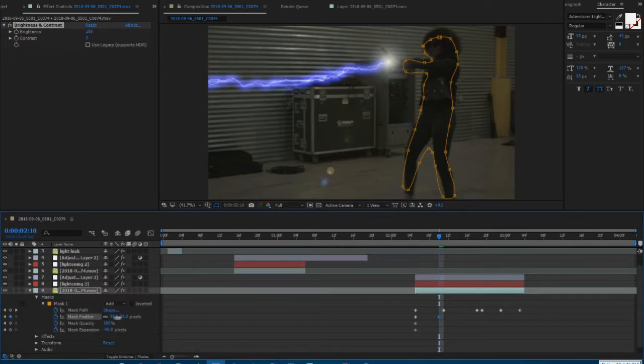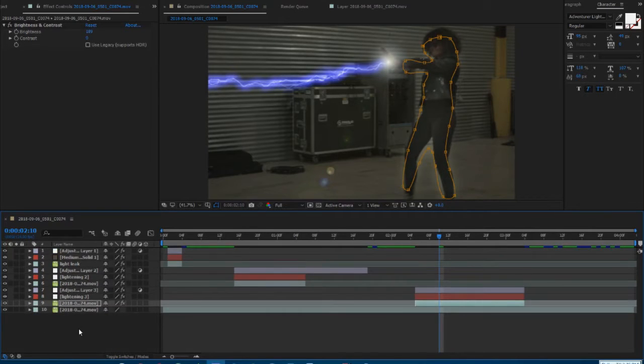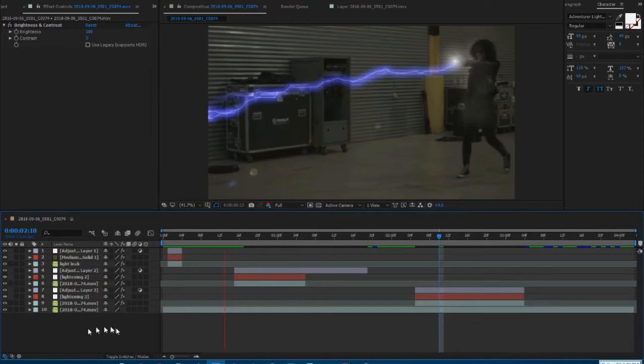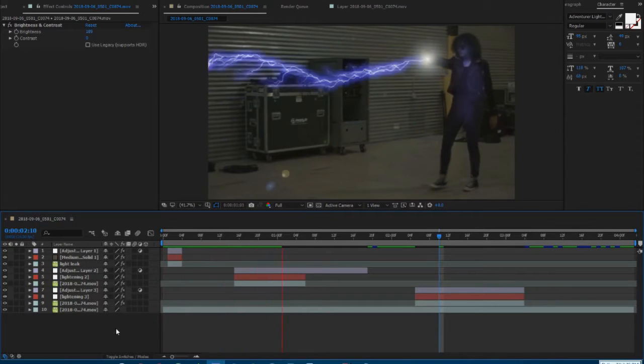Expand the mask, like I'm going to have to put a little less feather on this and bring the mask expansion up a little so that you can actually see it happening there. There you go. That looks a little better. Okay, now let's try and run through this and see what we got. There's a little bit too much haloing on the side, but again,